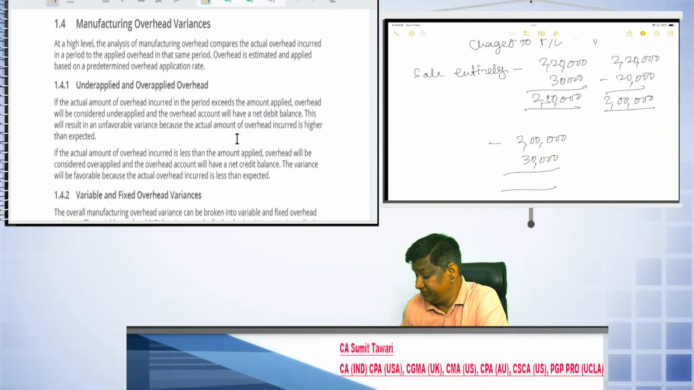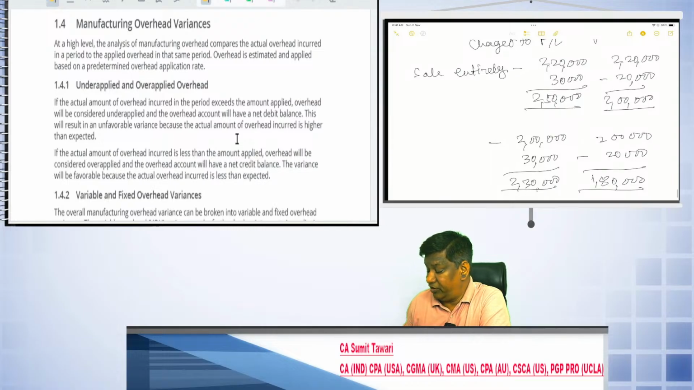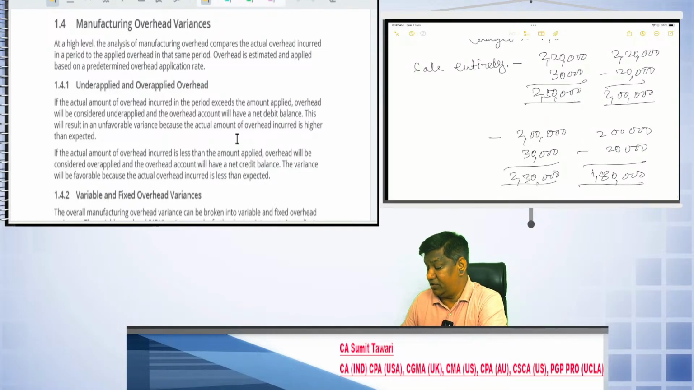So it is basically 2,30,000. Okay, and the same way here, instead 2 lakh minus 20,000. Okay, so here it is 1,80,000. Okay, see what happened, like 2,50,000 is my total